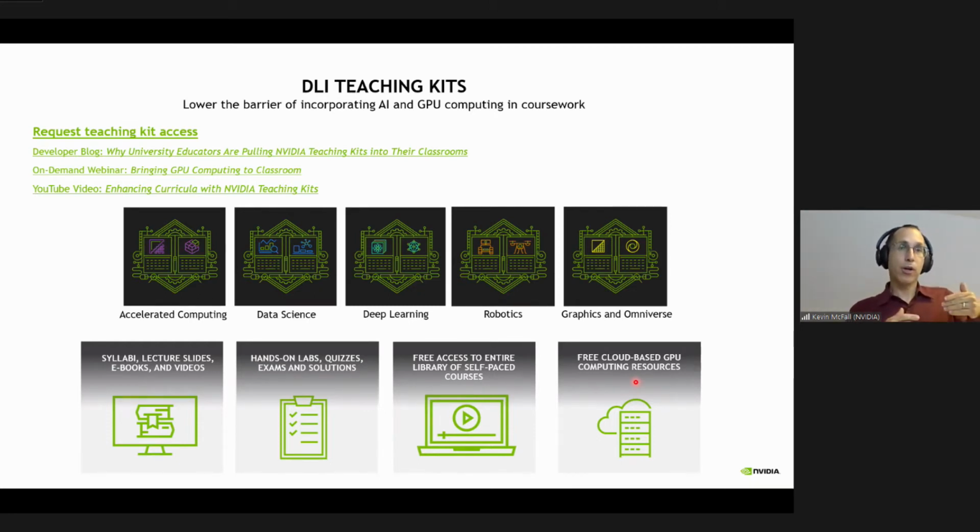Okay, now our self-paced courses and our workshops, they use NVIDIA virtual machines on NVIDIA hardware run by us. But if you want to do something outside of the courses that we offer, say you have a project that you want to deliver and you don't have the computing resources on campus, you can request, and we're happy to get free AWS credits so that you can work in the cloud. So there's these hardware resources, there's the courses that we have available,